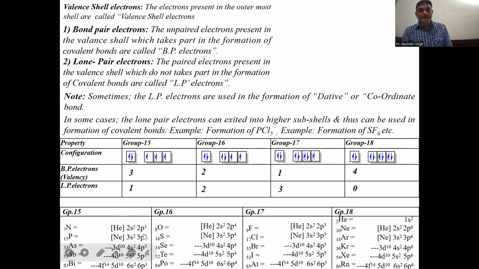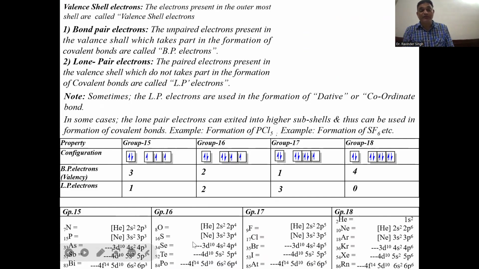If phosphorus, sulfur, chlorine, argon, which have vacant d orbitals, are the central element, then which type of surrounding element must be present? The surrounding element must be of such a nature that it has the tendency to unpair these paired electrons, to take them outward and break the attraction from the nucleus. So such a type of element, if present around these central atoms,